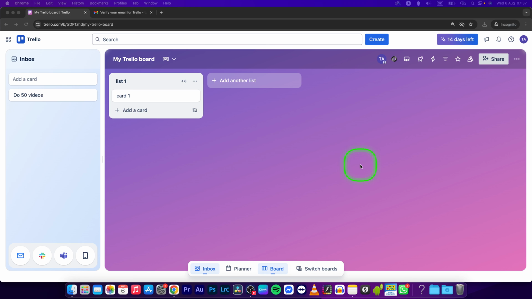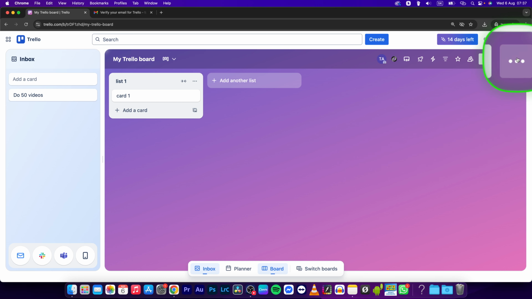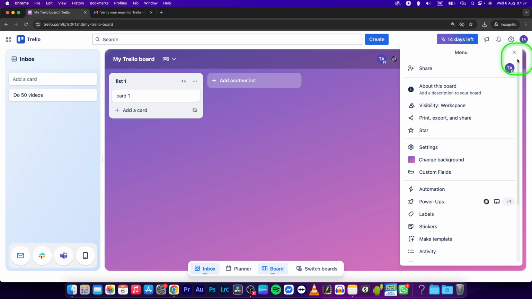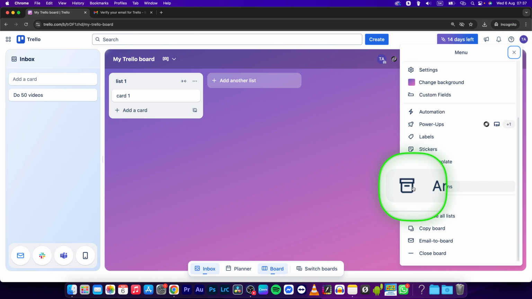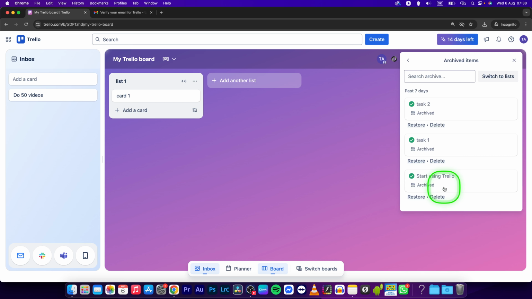This is very simple and straightforward, just follow my steps. First step is to click right here on these three dots. This will open up this menu where you have to scroll down until you see archived items. Click on that. Now you have successfully accessed your archived items and you can search for the items you want